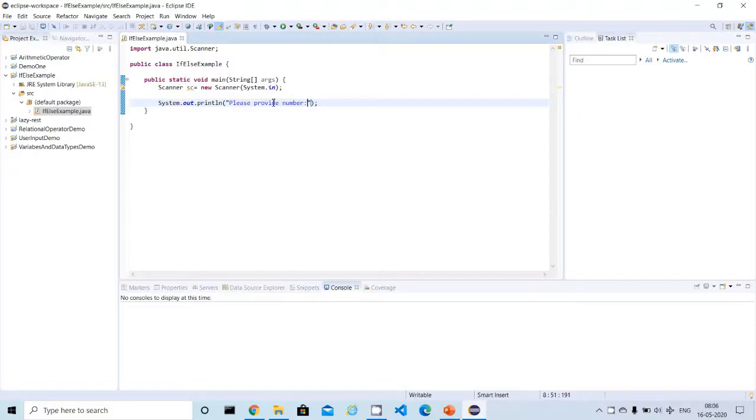When we give this statement to the user, the user will provide a number, which I'm going to store into an integer variable num using sc.nextInt. This is the way we can read the value from the user and store the number into an integer. So now our number is ready.